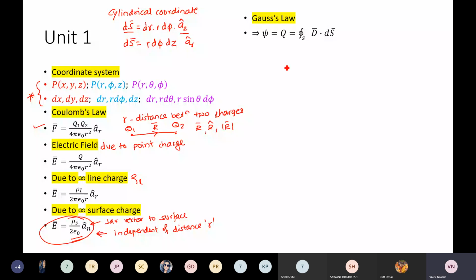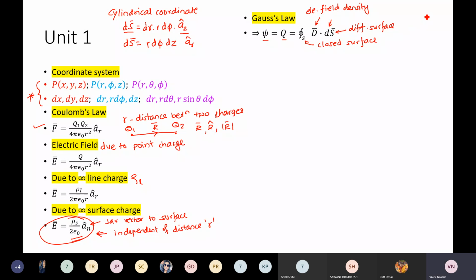So Gauss law told us that the number of flux lines is equal to the total amount of charge, which is going to provide us some sort of electric field density observed over the surface. D bar क्या है? Electric field density. और ये क्या है? This is our differential surface area. Or what it indicates? The surface is a closed surface.